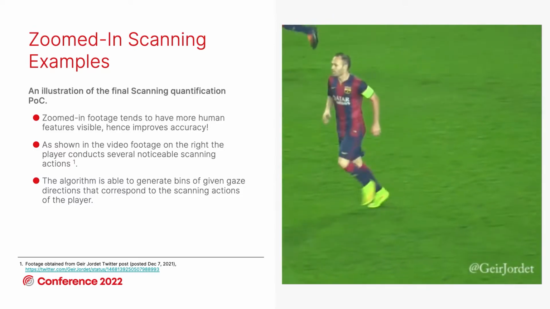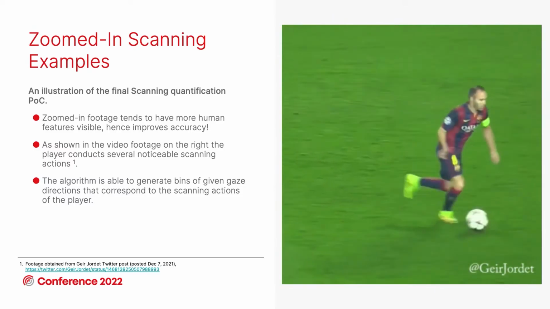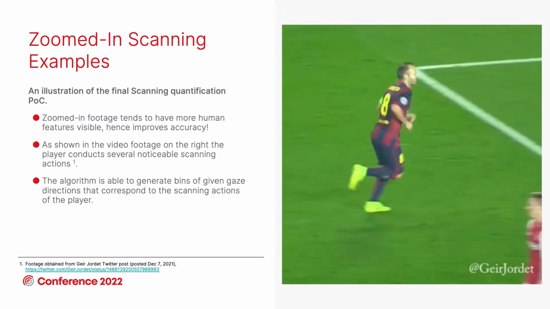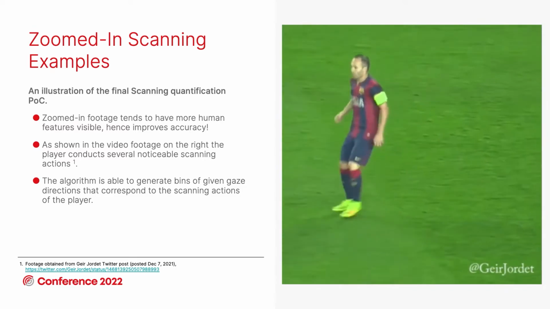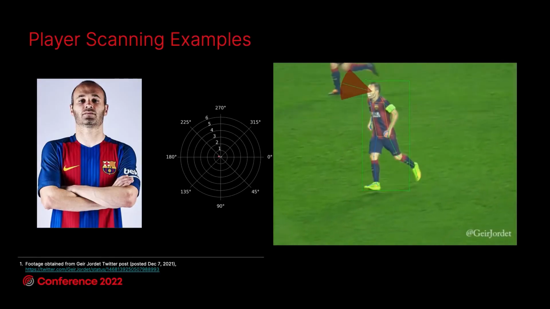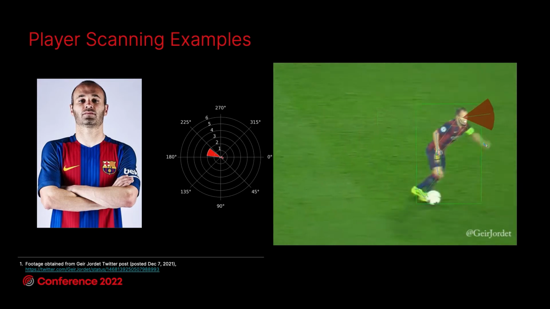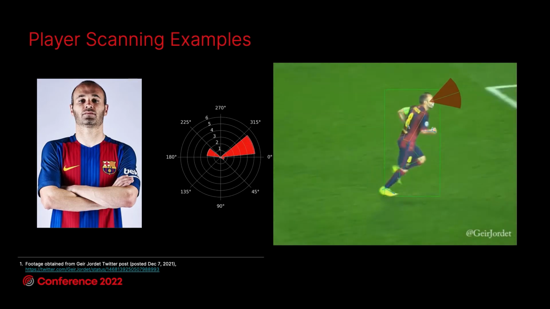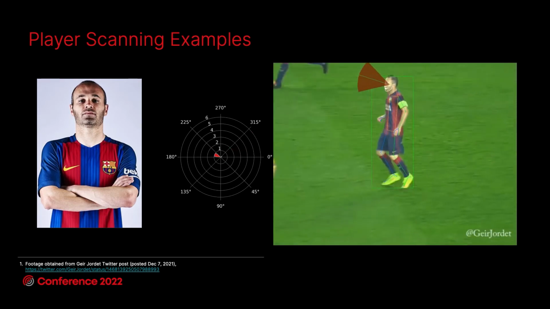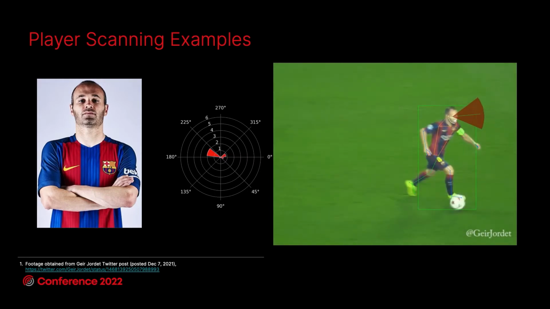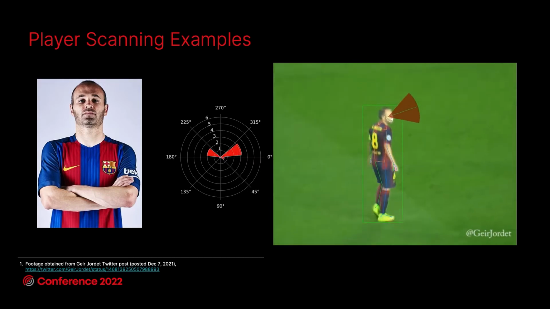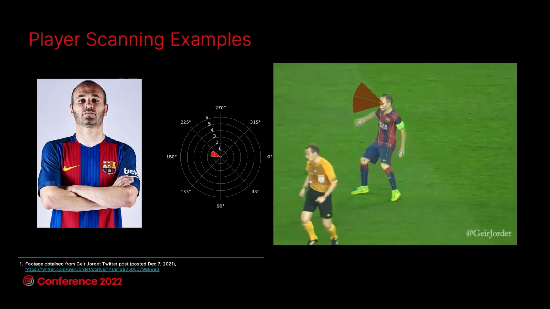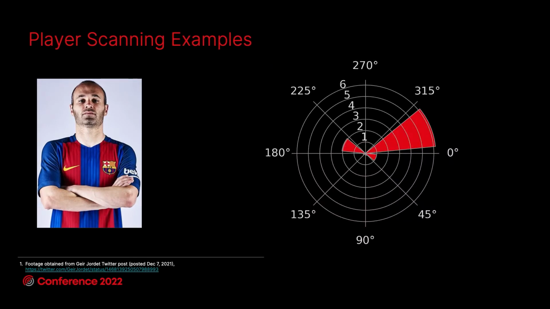But generally speaking, it's very rare to get this sort of footage in a normal setup. And we want to optimize our processes to work with broadcast because this is where we feel the most value will come, the scalability from existing data. So again, this is what happens. You can see here, we've done all the stuff that we've done before. And as this happens, the histogram is generated for that particular clip. It tells you in number of seconds how long in each direction he's been looking. And this is kind of the outcome.